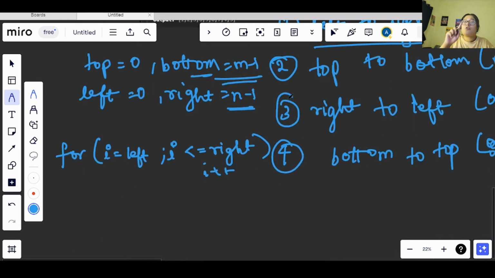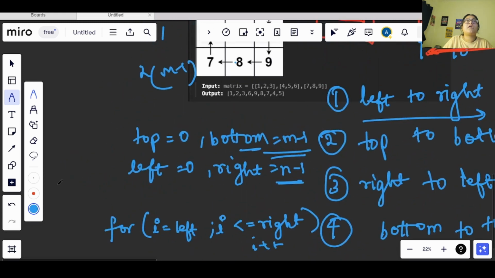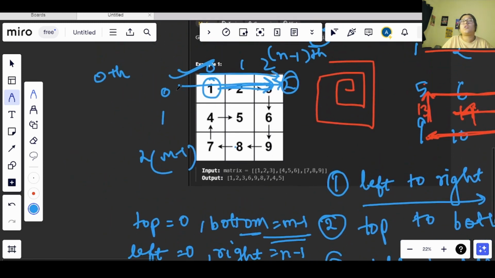We are iterating on the top value from left to right. Let's say our value is result. So in our result, I will be appending matrix of top and i. So we are iterating on the top row, and then going from left to right.